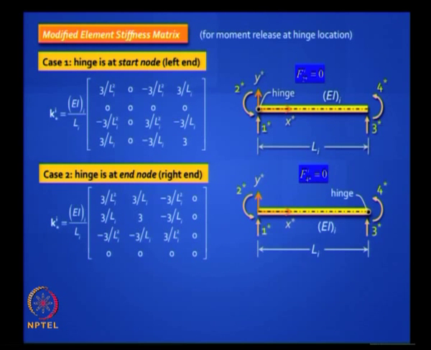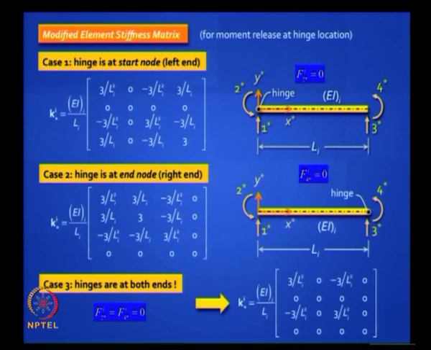Clear? What happens if both ends are hinged, have internal hinges? So you will get something like that. Have you understood? Better get this clear. The stiffness matrices you must be thorough about in generating using a physical approach. This was a physical approach, we had no difficulty generating it. We have modified the stiffnesses to handle moment release, and we know which to use where. Left end we know which one to use, right end, both ends we can handle that.